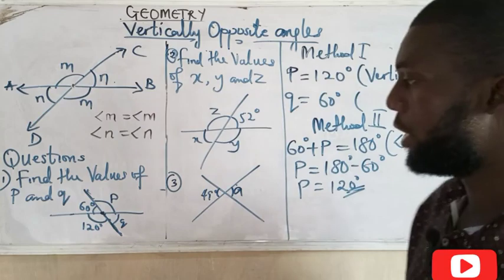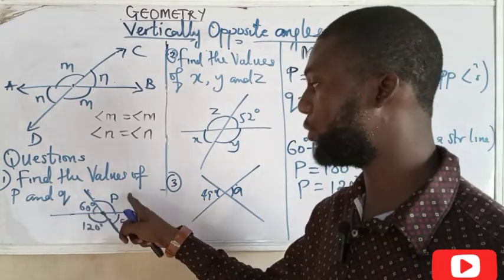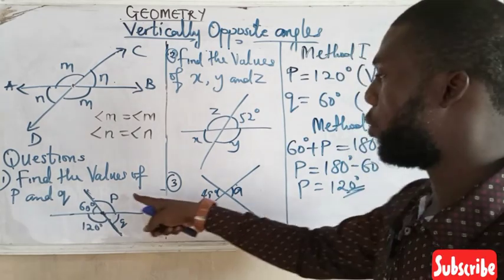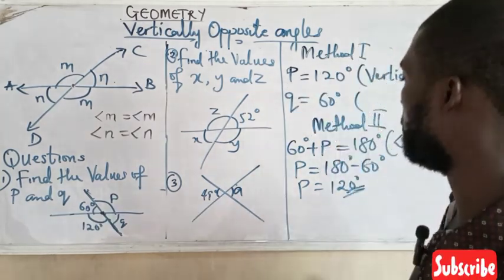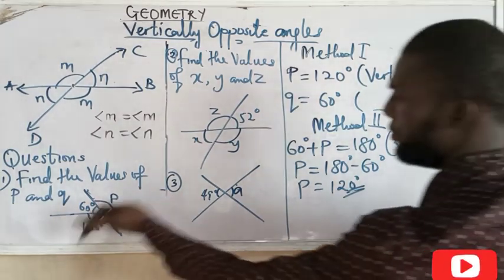What method did I use? I used the fact that angle on a straight line equals 180. So 60 plus P. So my P here is what? 120, which is equivalent to the one we have here. And same goes to Q. I can also say my Q is